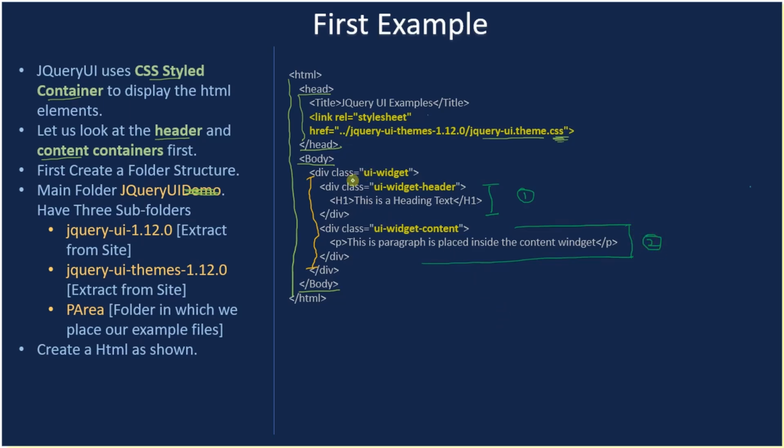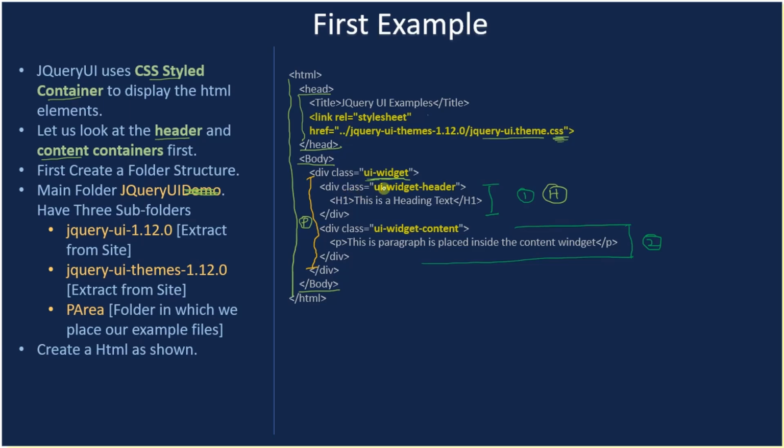For the parent div, we are just using the UI widget class. This will provide CSS styling for this parent div. After that, we are using UI widget header for our first style. We are giving the header style by referring to the CSS class. This styling rule is defined in this CSS, and we are applying it here using the class